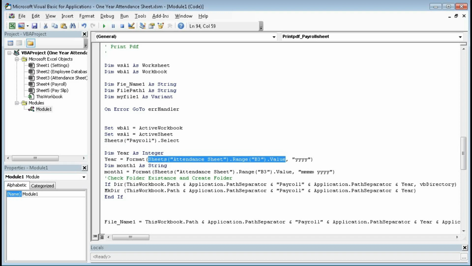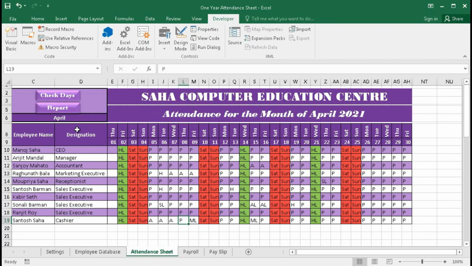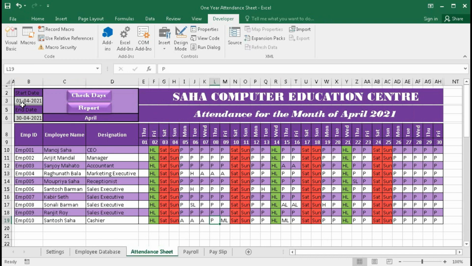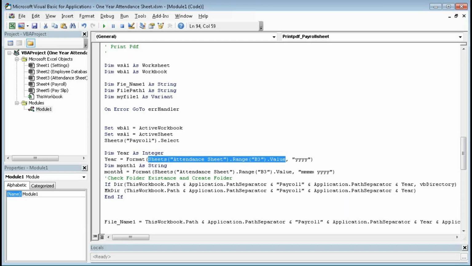That means you can see on attendance sheet range B3, that is this one, this is the date, and this date is formatted as year, so it will change to 2021. So now dim month 1 as string, and again that B3 value is formatted as month and year, MMM YYYY, that is it will be formatted to the month name and the year.